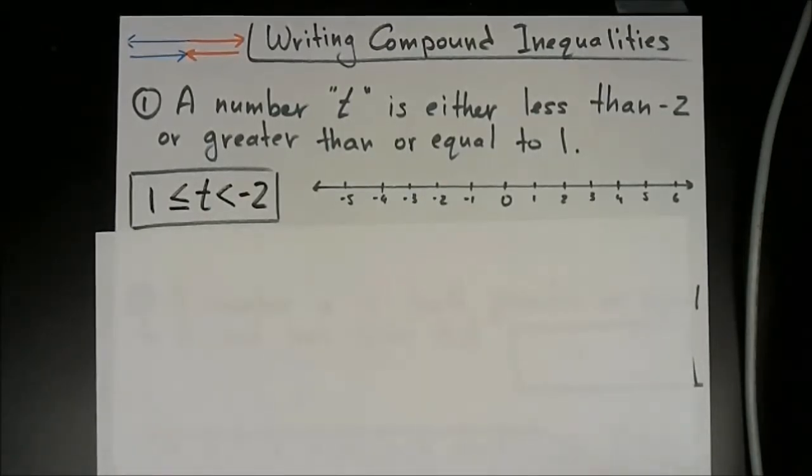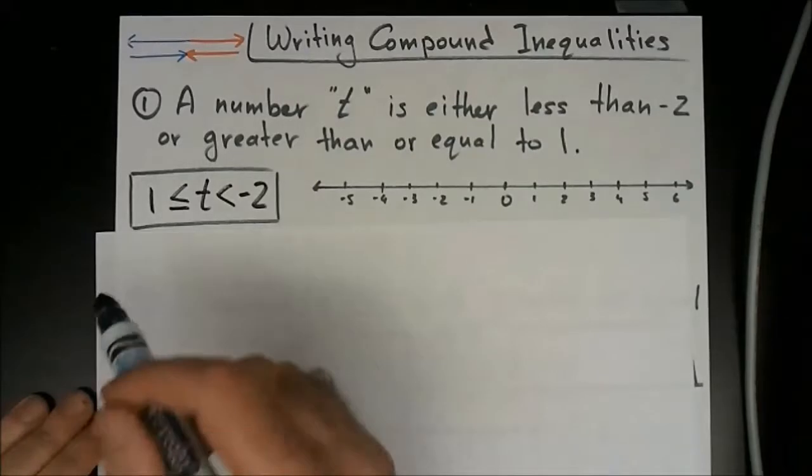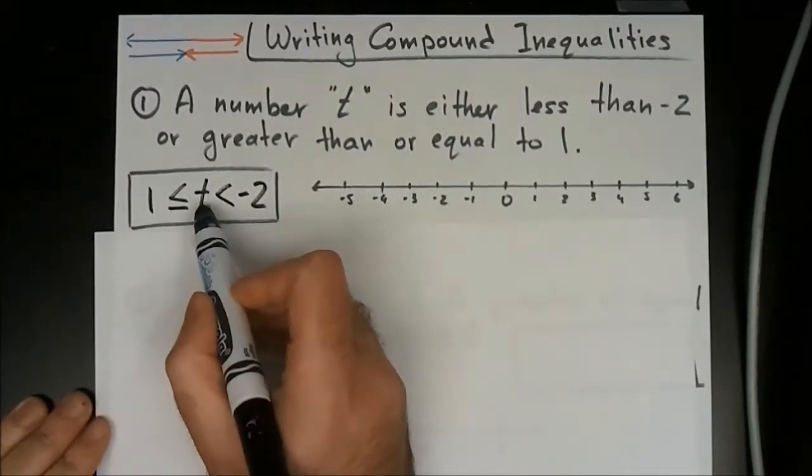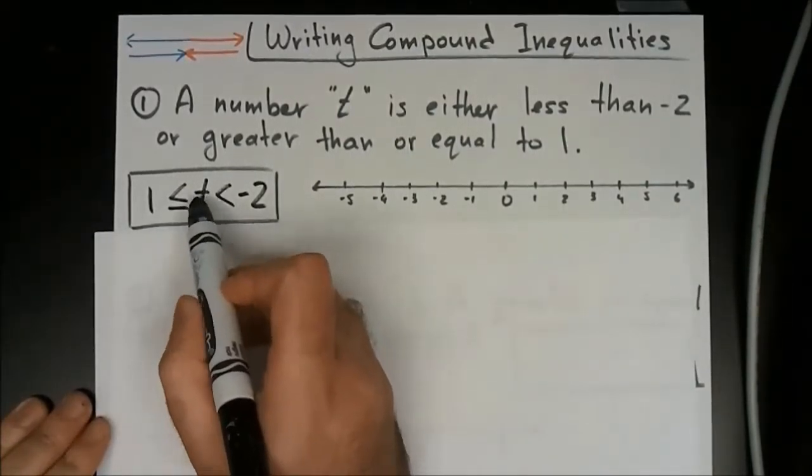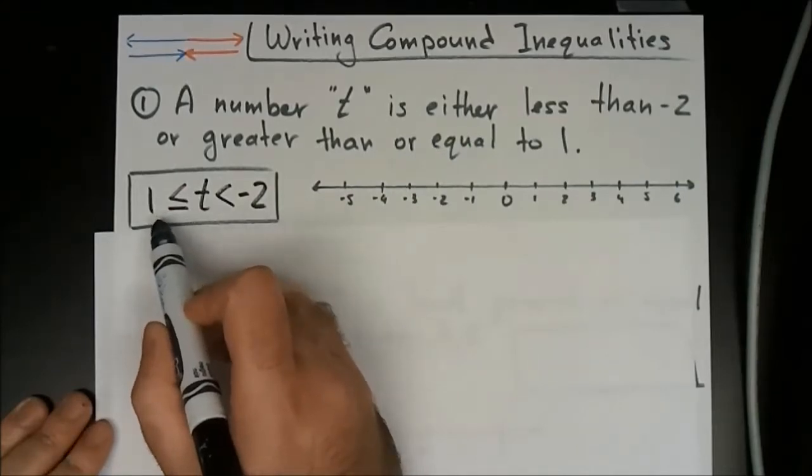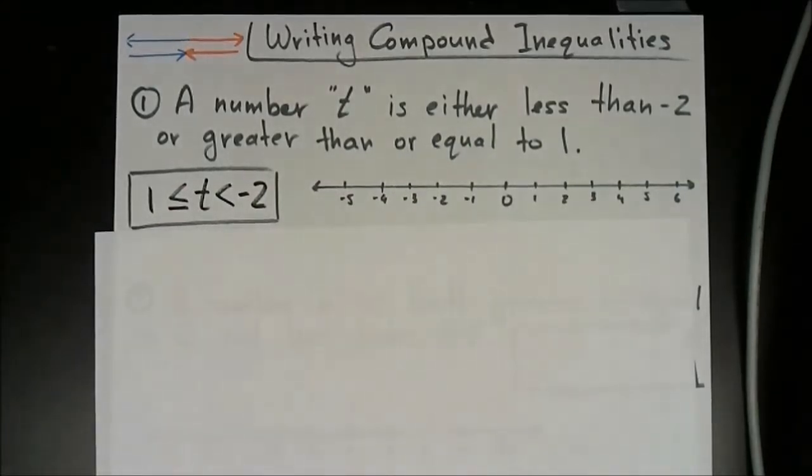And I graph this just like I translate this. One step at a time. I like to go left to right. You can go right to left. In this case, it doesn't really matter. So 1 and the t. Let's look at this part here. So t is greater than or equals to 1. So greater than or equals to,